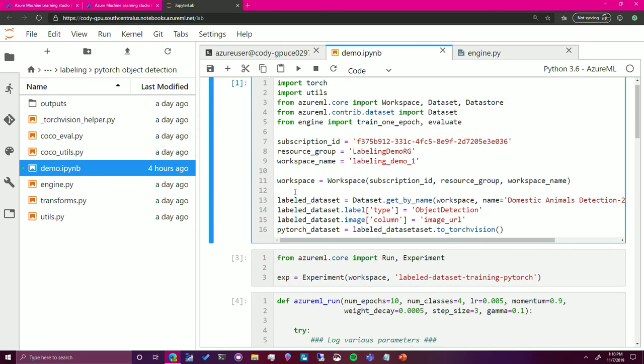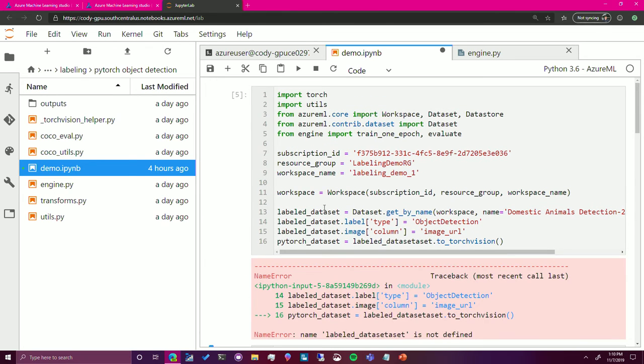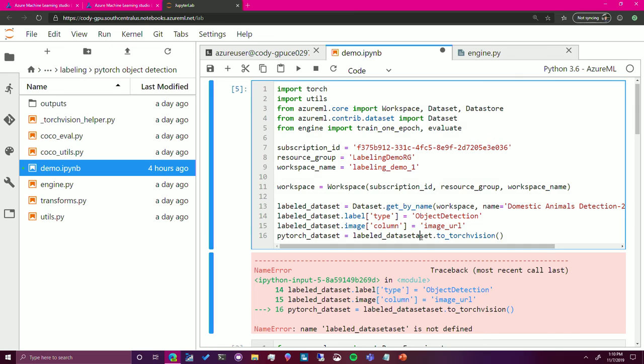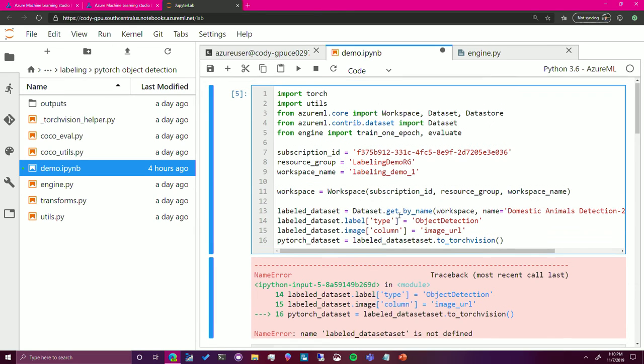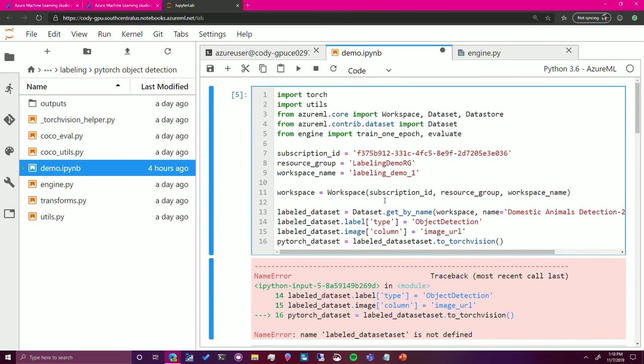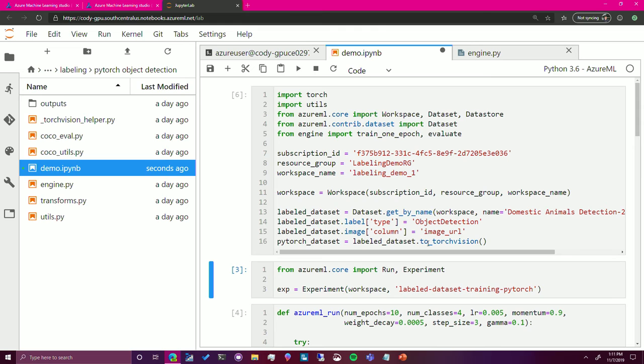I'll go ahead and run this. It looks like I typed set twice. There we go. So now I have my labeled dataset as a PyTorch dataset.